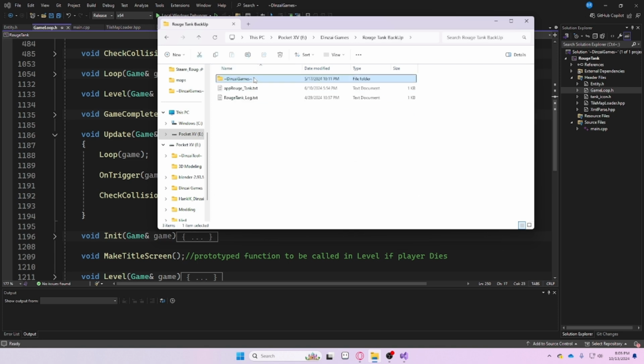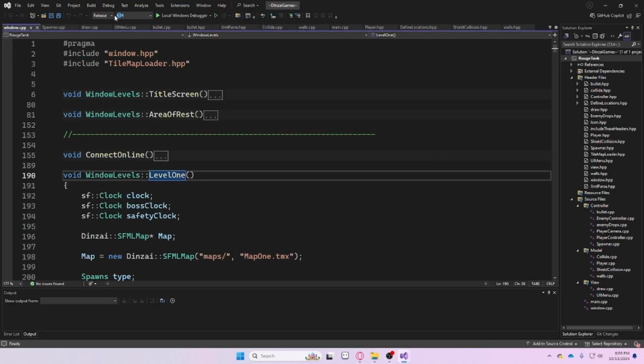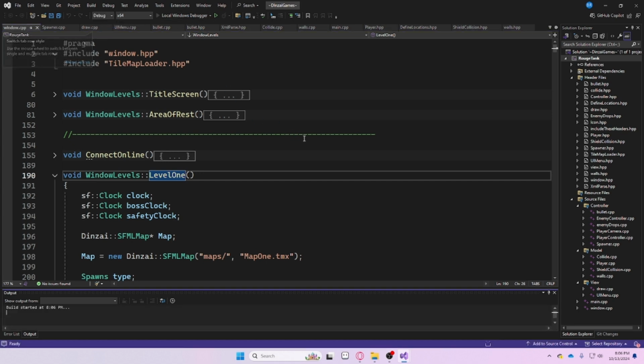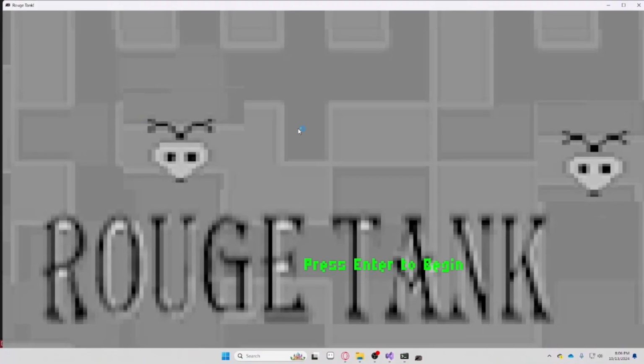So one little thing I'll show off here. If we go to the old game, let it load up, put it in debug mode, hit play. So notice the compilation time, it's still going, right? Like it's got to compile all these CPP and header files, and then it loads up,